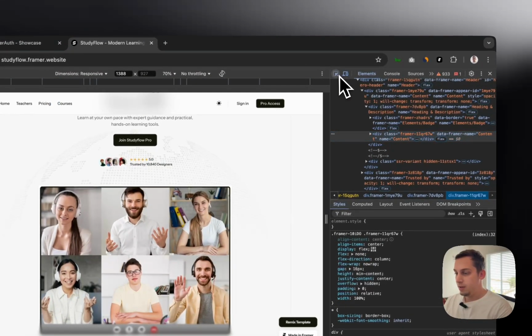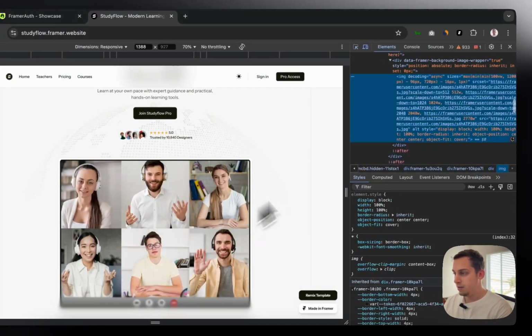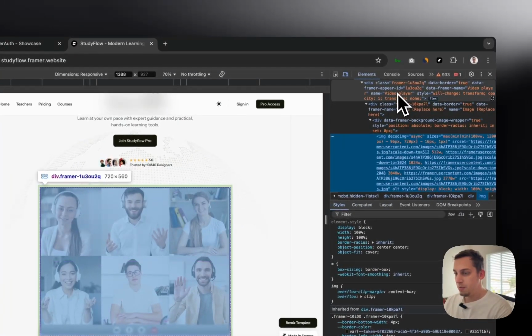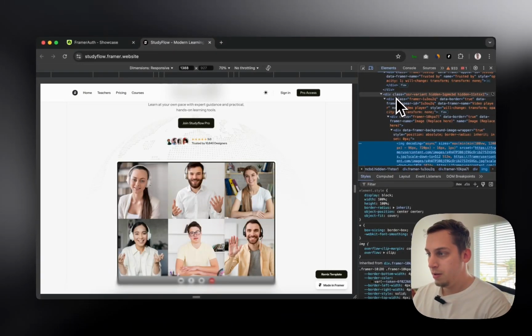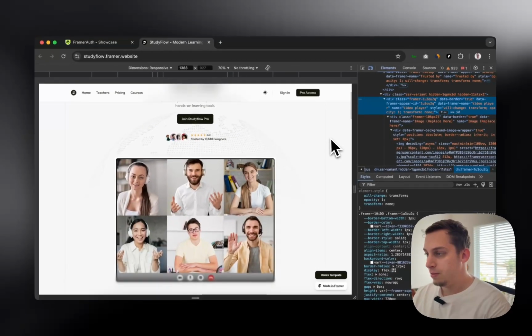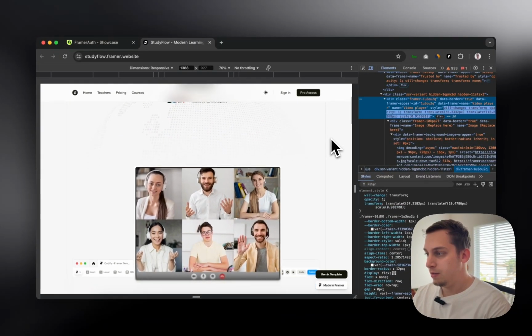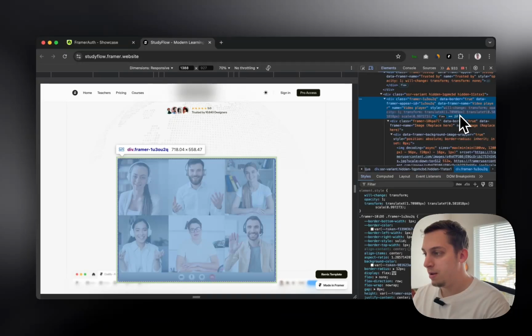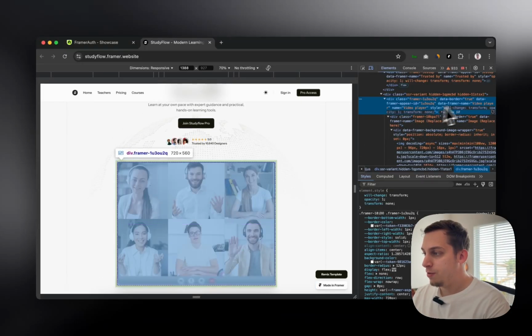So if I click here on maybe the parent stack of this, and scroll down, you can see that there is something going on here, right? So right now, transform